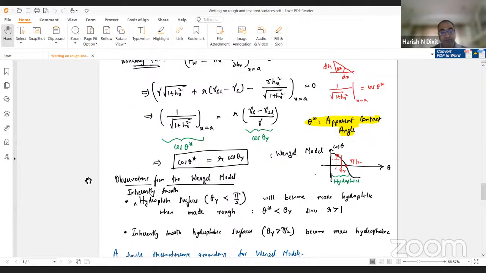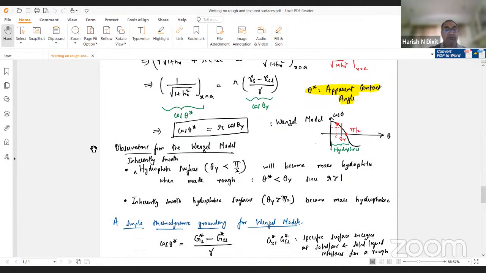So for example, I take a hydrophilic surface and I chemically treat it, let's say I etch it. Chemical etching I can do. Then in the process, I should not coat a thin layer of some other material on the surface, some other deposit, which changes the wetting characteristics. If I don't do that, then the surface becomes even more hydrophilic. The same applies for hydrophobic surfaces. This directly comes out of this math, which is cos theta star equals R times cos theta Y.